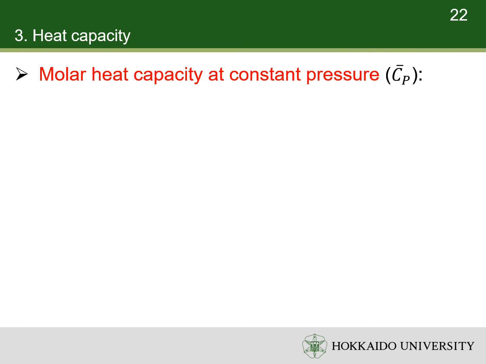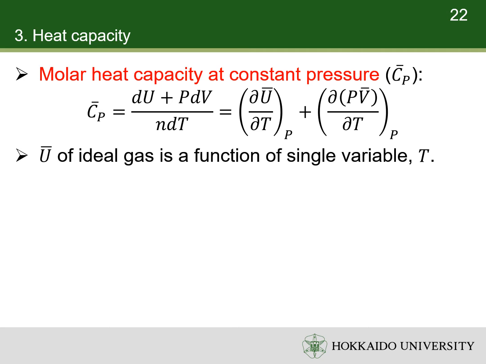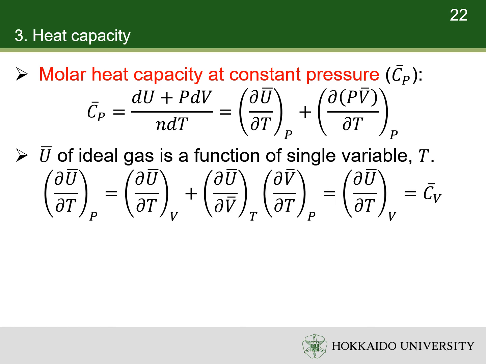Molar heat capacity at constant pressure is another typical heat capacity. At constant pressure, PdV is equal to dPV. On one hand, the internal energy of an ideal gas is independent of its volume and pressure, but depends on a single variable, temperature. It is because there is no interaction between gas particles in the ideal gas. Thus, the internal energy's partial derivative with respect to temperature with the pressure held constant is equal to that with the volume held constant, that is CV. On the other hand, according to the ideal gas law, PV can be replaced by RT. Therefore, the difference between Cp and Cv is the ideal gas constant.